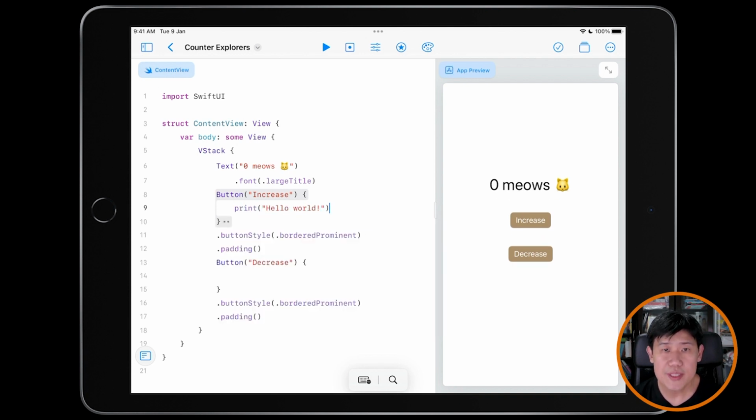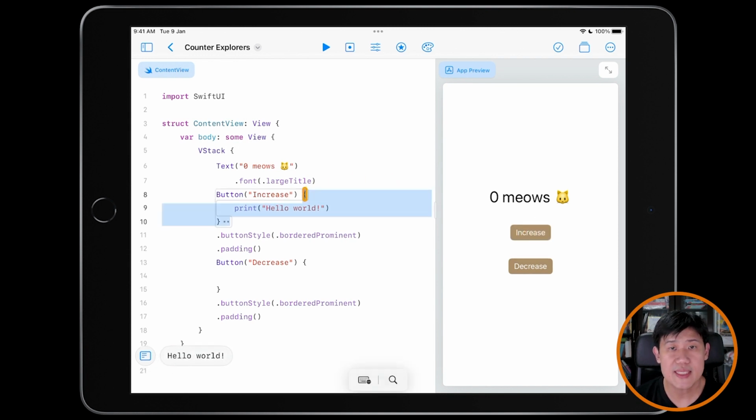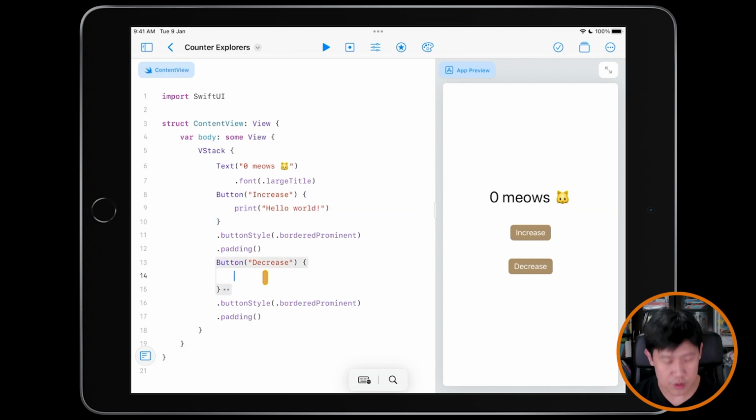Okay, so print is a lot like button, but it starts with a lowercase p. It's also got a bracket. It's also got double quotes. And if you type it correctly, if you tap on it, it will say hello world down here. Okay, and if you tap it again, it will pop up again, right? Which means that every time you tap on this, the code inside these curly braces gets run. Okay, whereas for this one, you could say print